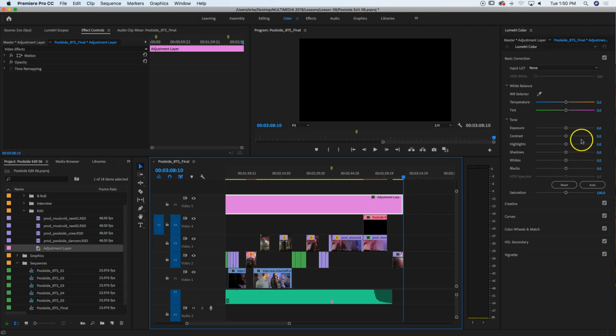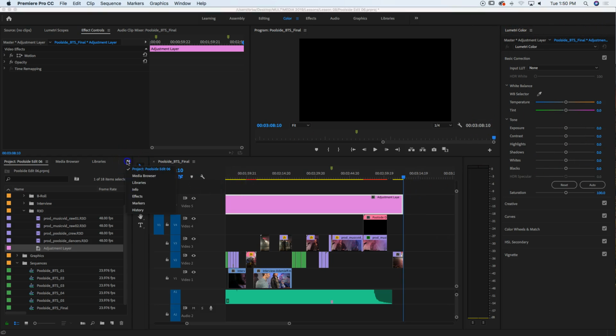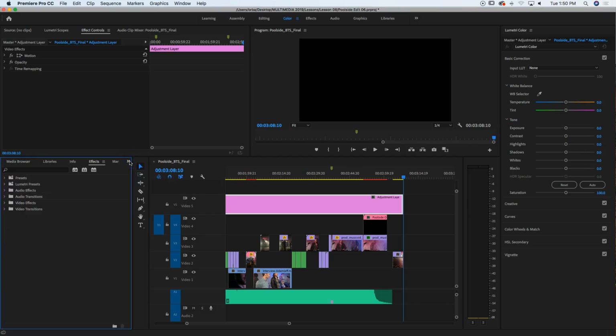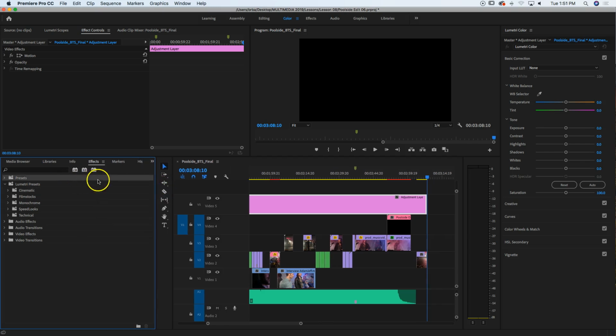Shift 7 to get the effects panel, or if you have it down here, yeah, I'm just going to do a Shift 7. Here's our effects panel again, and we see a bunch of different folders. There used to only be 4, now we have more. From here, we're going to twirl open the Lumetri looks, and we now have cinematic, film stock, monochrome, speed looks, and technical. And if you need to make this a little bit bigger so that you can see the samples that they're showing you,